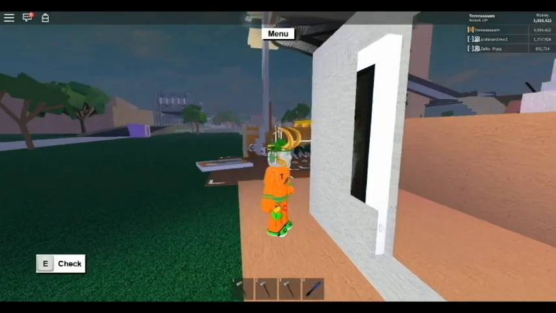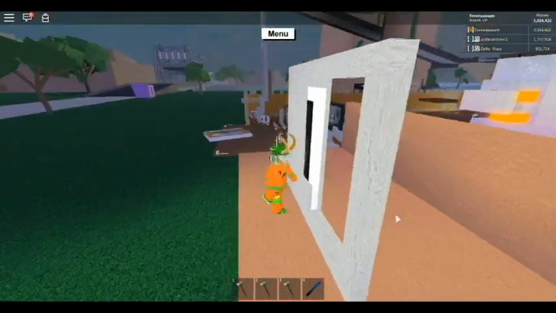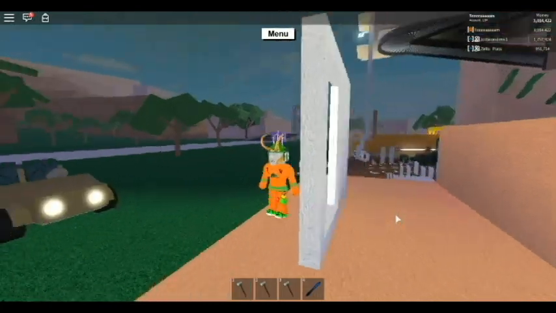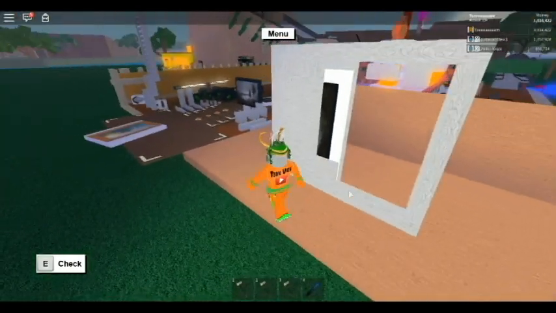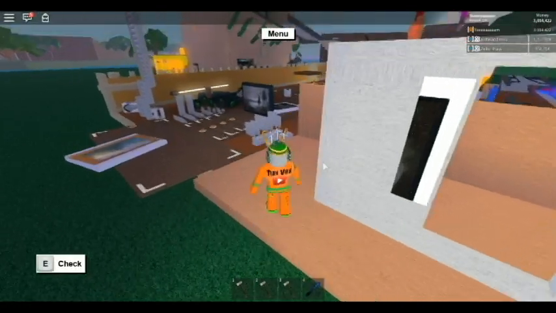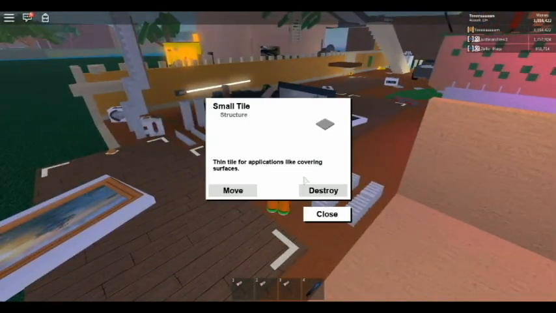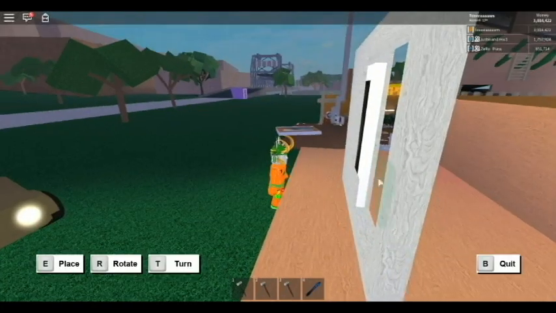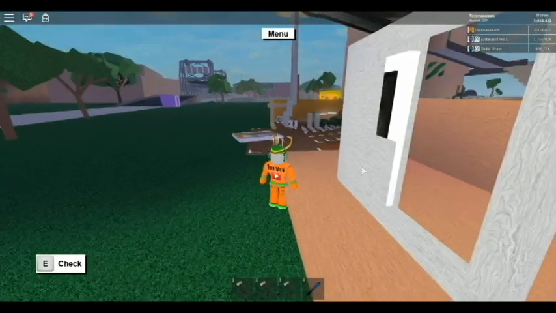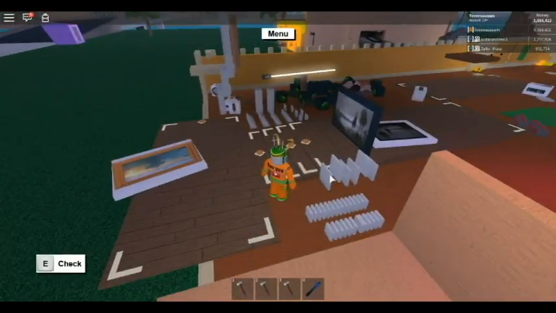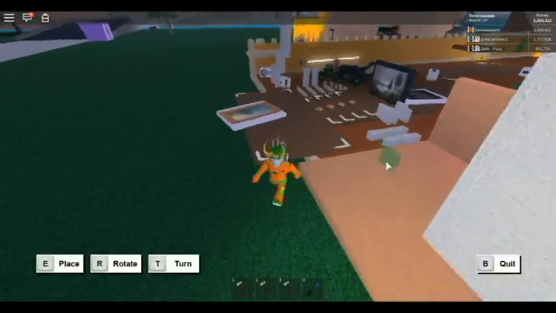There you go, just like that. See, it looks like it's a perfect fit, like that. Alright, now let's place another small tile just on top of that small tile, just like that. Alright, now let's grab another small tile